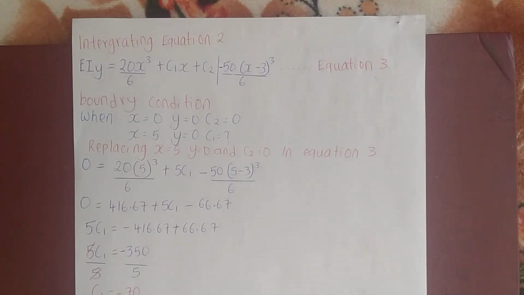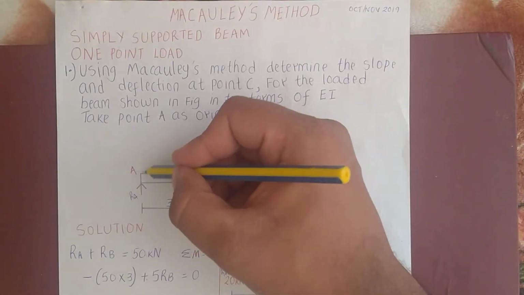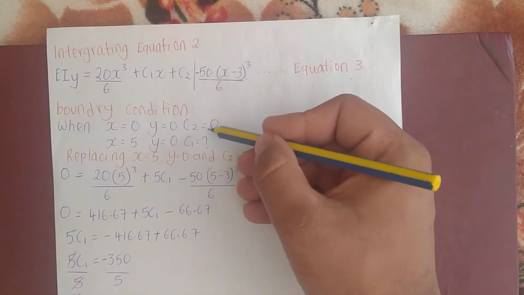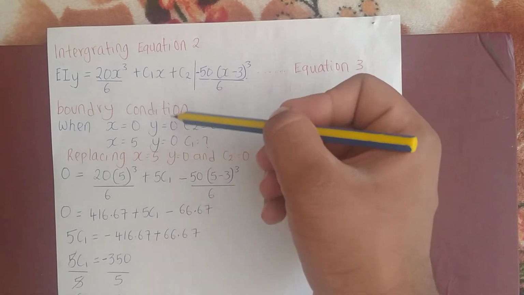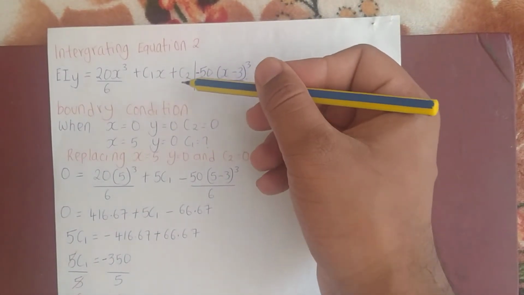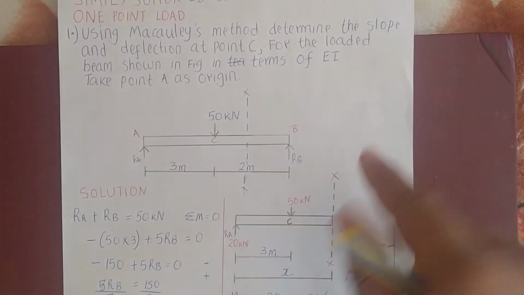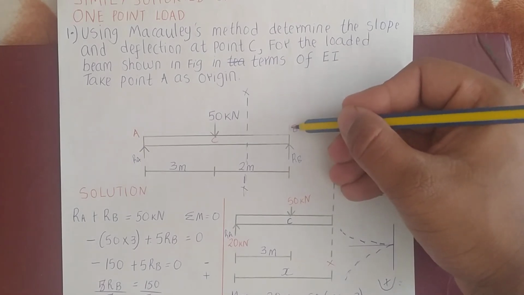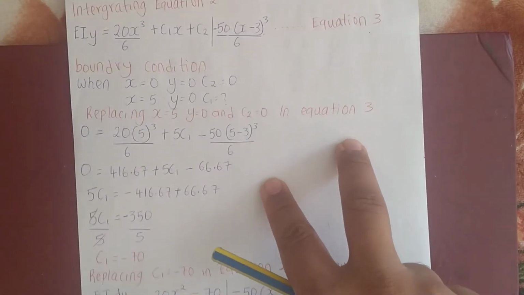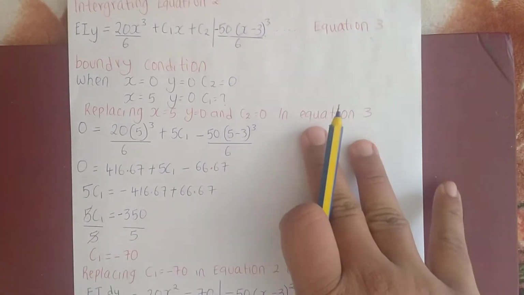When we apply the boundary conditions, we know that x is our distance and y is the deflection. So when x is equal to 0, at this point, y will also be equal to 0, and hence c2 will be equal to 0. When you replace the values of x and y in this equation, you'll get that c2 is equal to 0. And then when x is equal to 5, the deflection will be equal to 0. So you can see that at the distance 5, here, the deflection will be 0. And when I replace x is equal to 5, y is equal to 0, and c2 is equal to 0 in equation 3, in this equation,